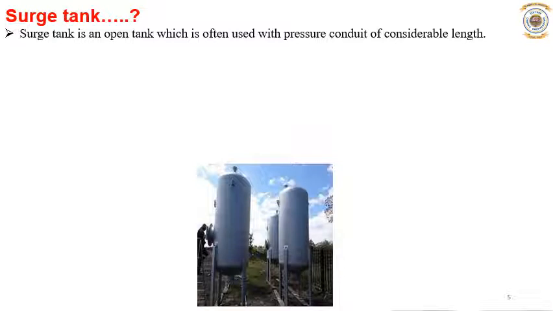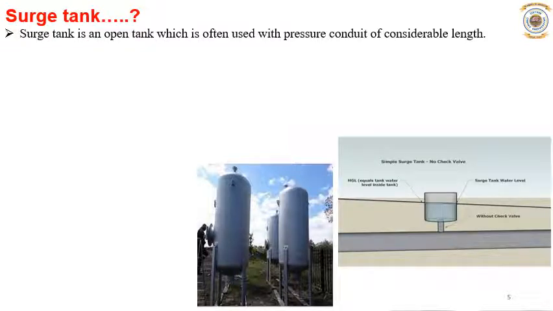During peak load condition, it gives heads. A surge tank merely acts as a storage tank when water is demanded. When the demand for water increases, it gives water, and when water is not in demand, that is, off-peak load condition, then it stores water.